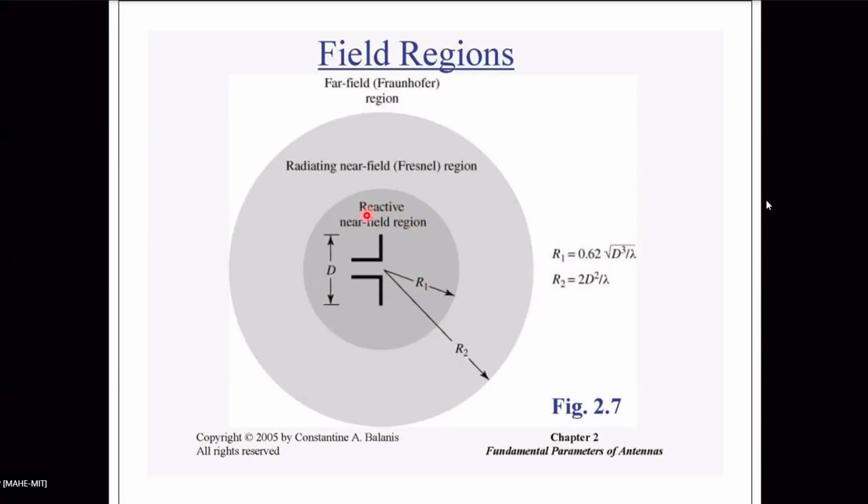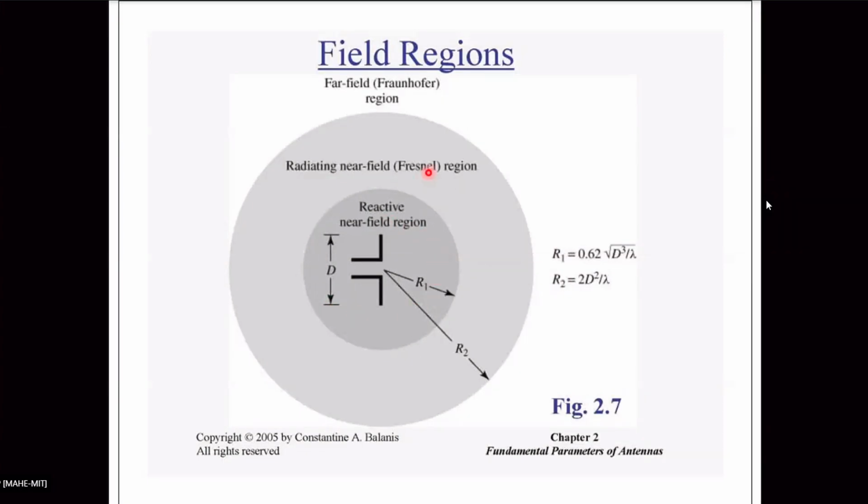In the reactive near field region, the power is more of J. What is reactive? The term with the J in the expression for power is the reactive part. You know that, no? Complex notation. So when you derive the expression, the J part will be dominant, and the real power will be almost zero. We will find that out.